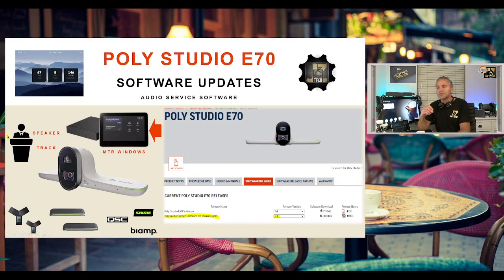And that means specifically for speaker tracking, I think that's very important. With speaker tracking, you have it integrated maybe with Shure or Biamp QSC, with any of those third-party DSPs. You've got a presenter there who is walking around. We've got the E70. Now, to avoid the camera listening to the far end audio, we've got that audio service